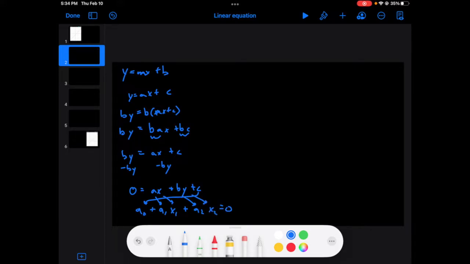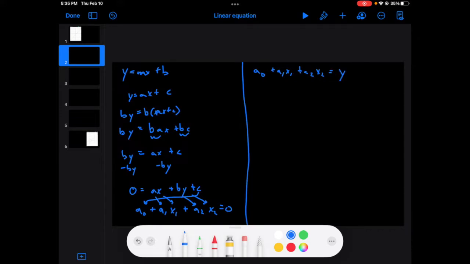So this is exactly the same equation as before. We've just changed the letters that we're writing. And now we have a naught plus a1 x1 plus a2 x2 equals 0. But what if that's not equal to 0? It can't be equal to 0 everywhere, right? So if we have now a naught plus a1 x1 plus a2 x2 equals y, well, we can repeat all